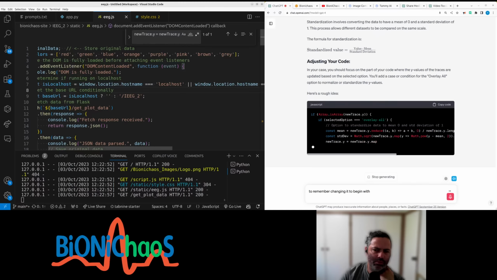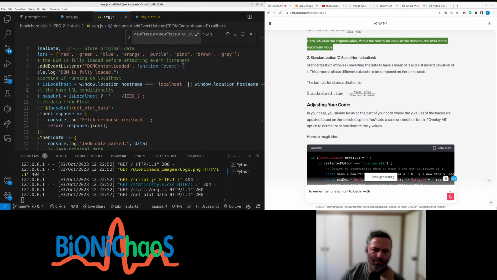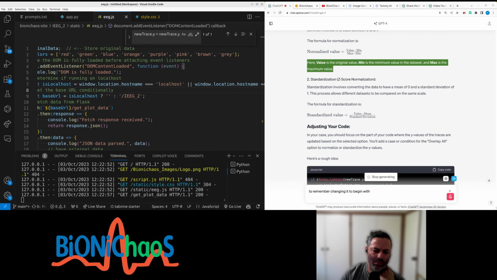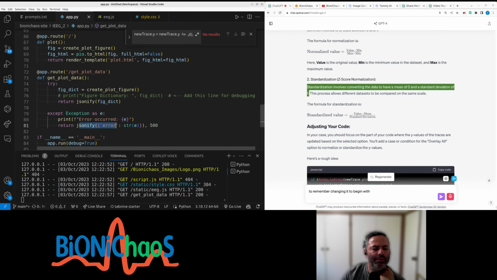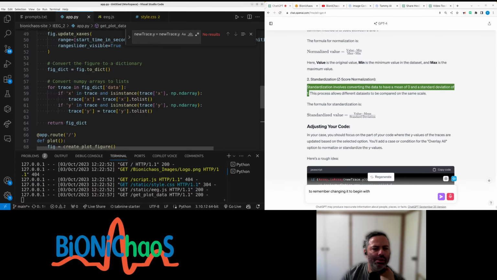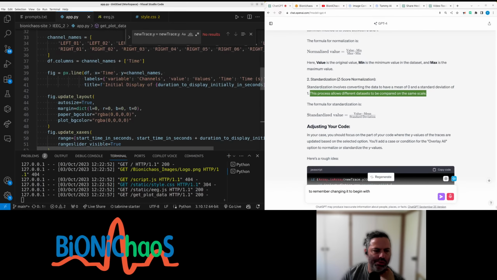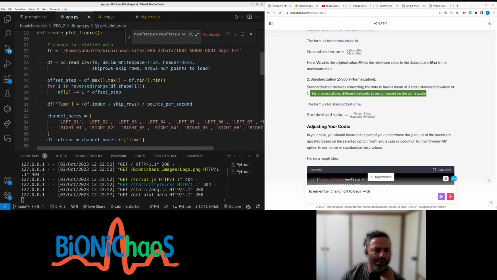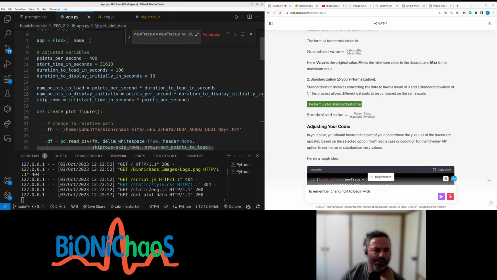The formula for normalization is: here, value is the original value, min is the minimum value in the dataset, and max is the maximum value. Standardization involves converting the data to have a mean of 0 and a standard deviation of 1. This process allows different datasets to be compared on the same scale. The formula for standardization is: in your case, you should focus on the part of your code where the y